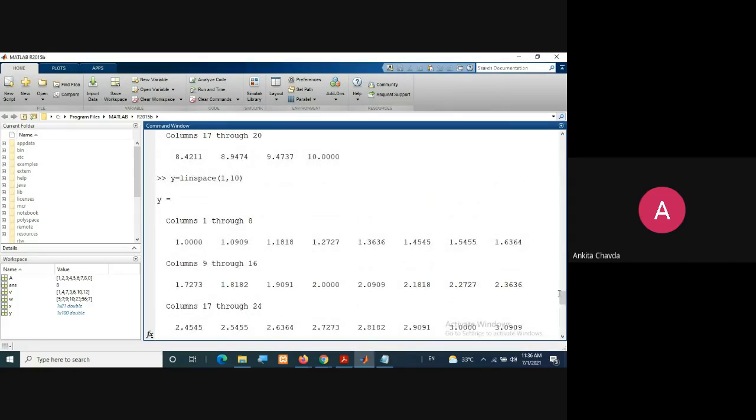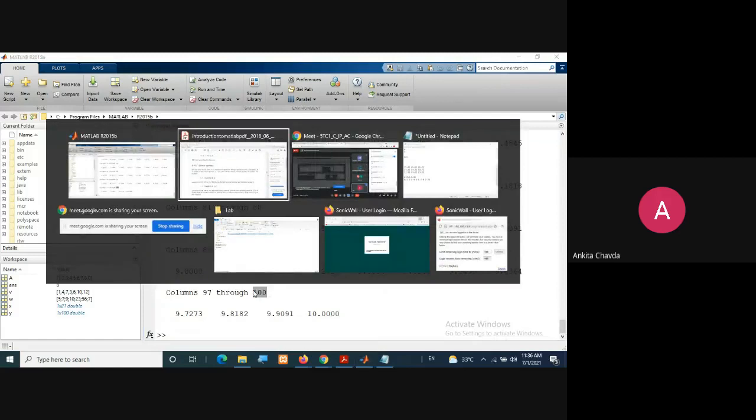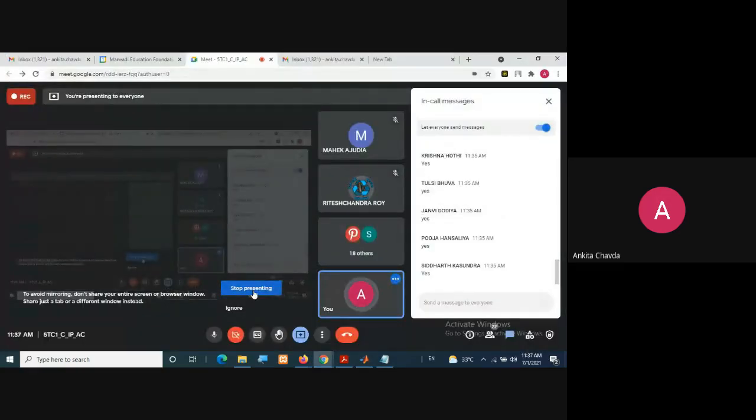If you are not specifying the number, it will by default take 100 points. Fine. Whatever the range you are giving. So try this.